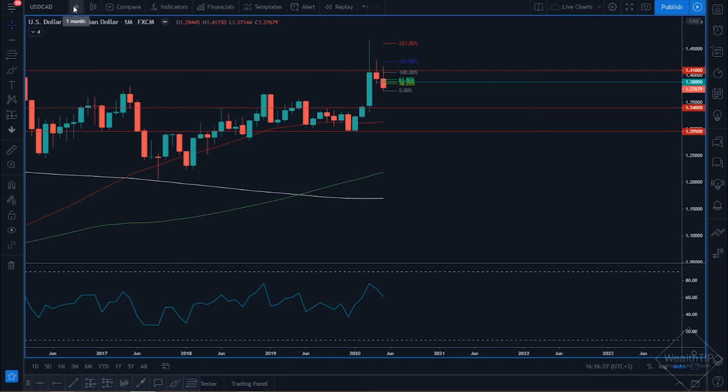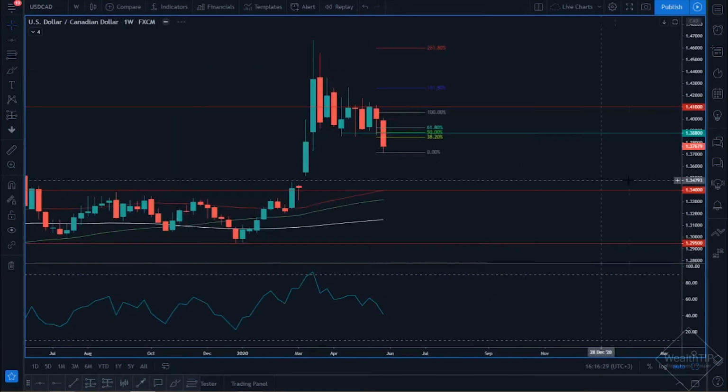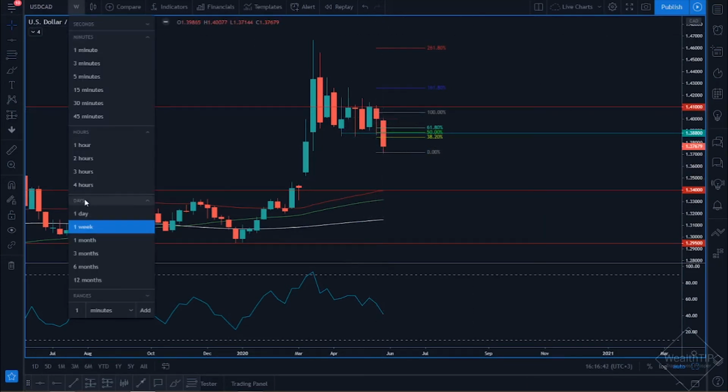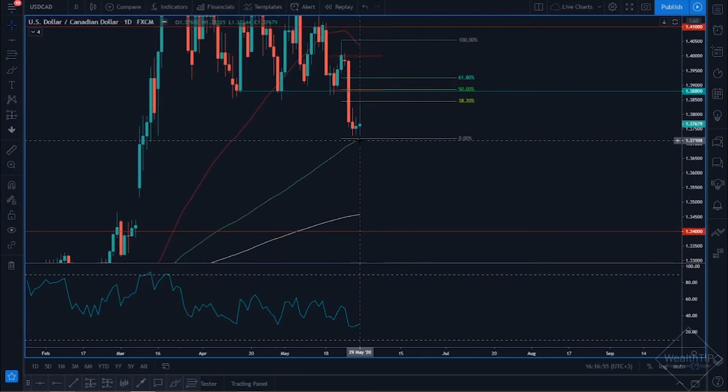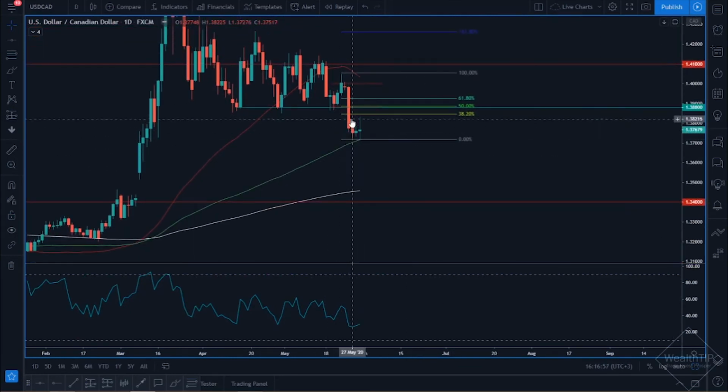Now, if I take all of those factors and push it into our weekly, what we can see is that we had a significant break of our support zone, our support level of 1.38. And with that break confirming direction, if I go over into my daily time frame, we have actually run into this dynamic level of support. Not only that, we have deceleration.